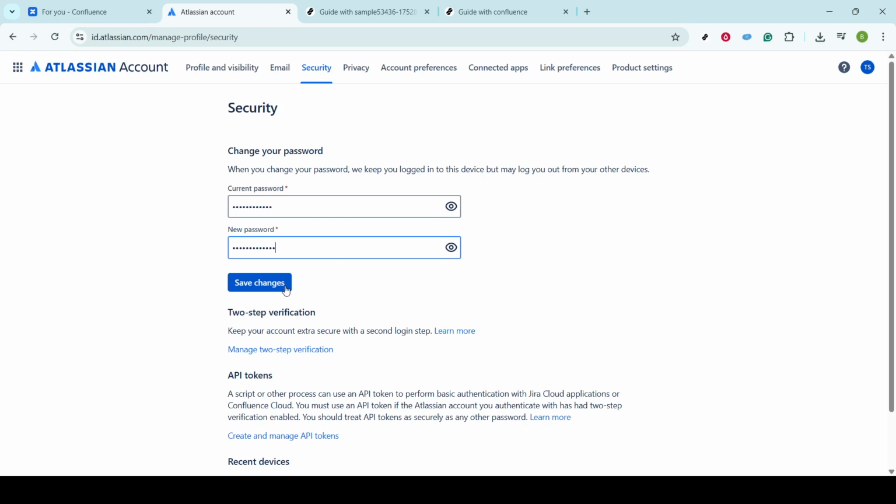Whether you're changing it for security reasons or trying to regain access, this method will have you back on track in no time. Remember to keep your new password in a safe place or use a trusted password manager to